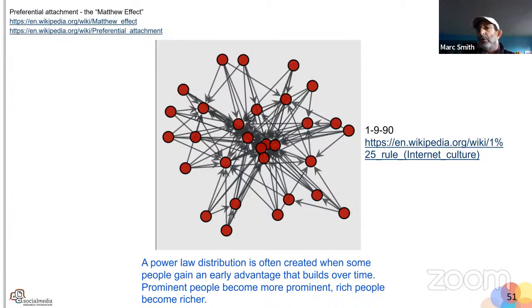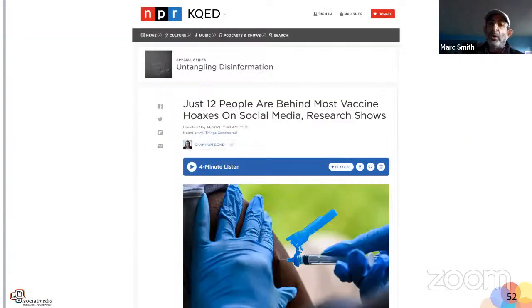And it's a kind of winner take all, the rich get richer, hit driven FM radio. That's what social media is. It's not this wide open space where all may speak and all may be heard. And so this has consequences. It turns out both a blessing and a curse.